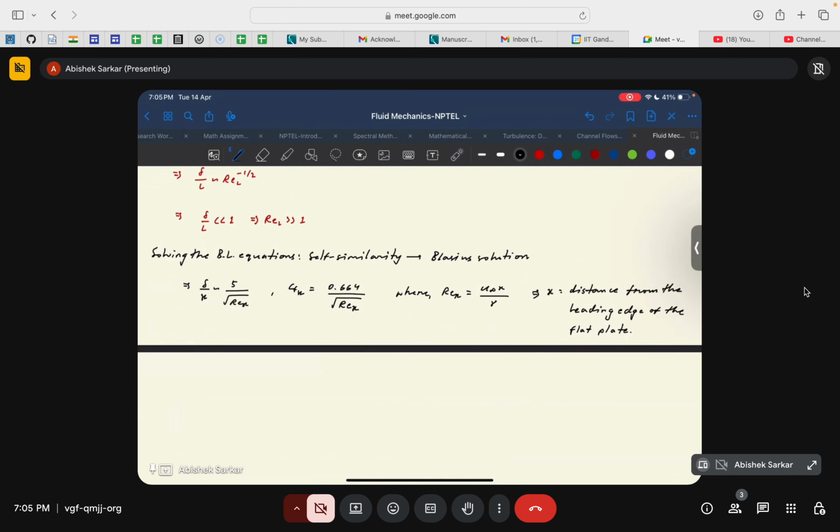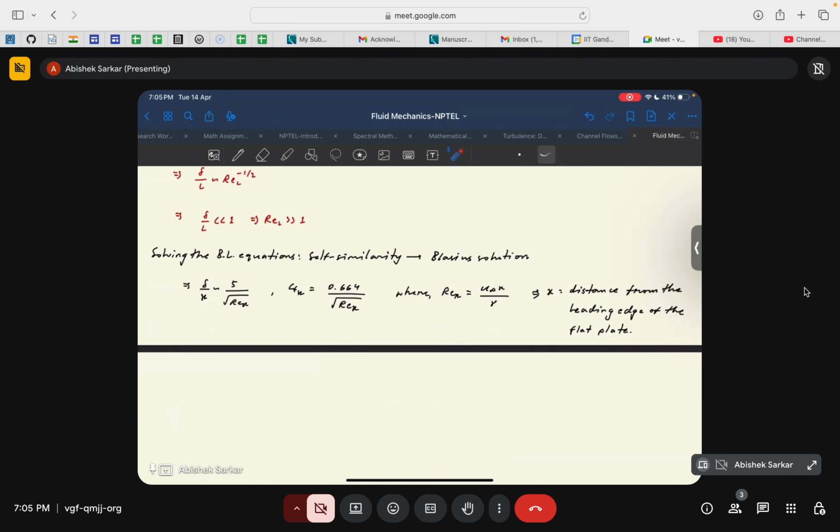If you want, the detailed solution is fortunately given in the course textbook: An Introduction to Fluid Mechanics and Fluid Machines by Professor S.K. Som, Professor Gautam Biswas, and Professor Suman Chakraborty. So that textbook has this solution. If anybody is interested, they can go through it and see how brilliantly Blasius found a solution for